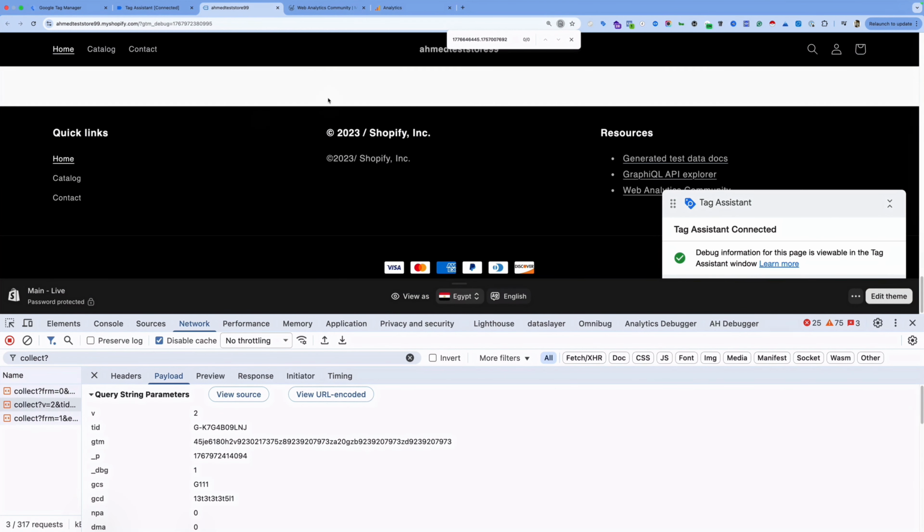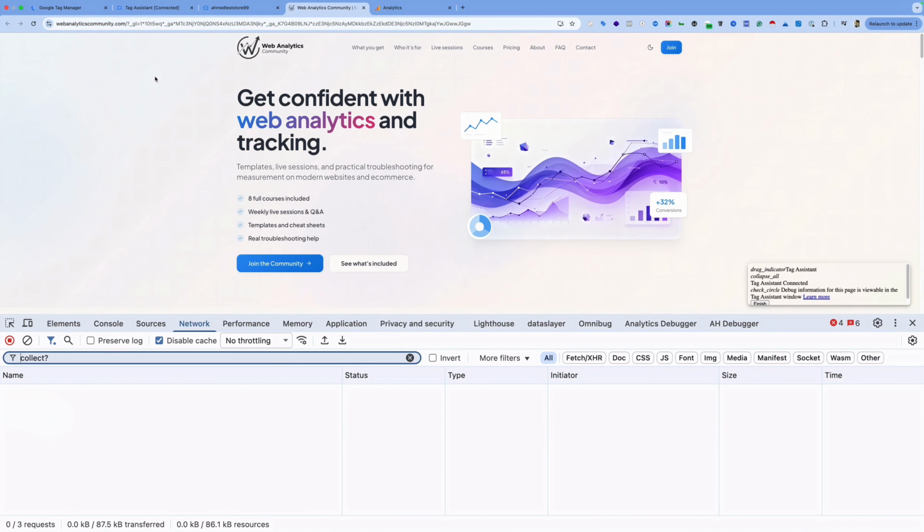But let's also go to the web analytics community and reload the page, so we can get that from the